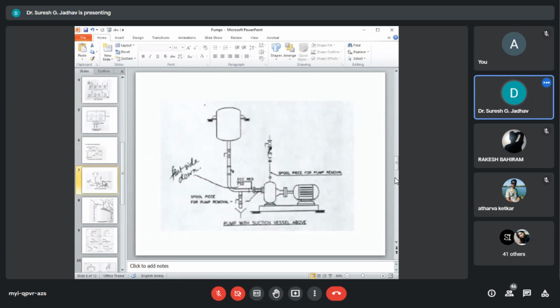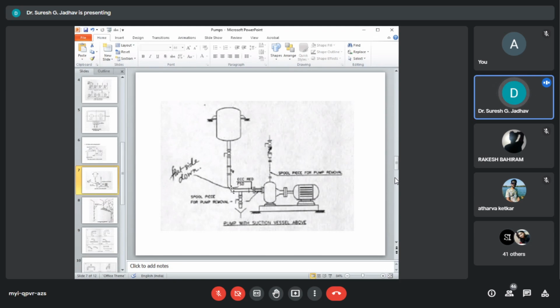So here you can see the lines with eccentric reducer face side down, pumps with suction vessel above. Saturated liquids, steam condensate, and vacuum conditions need elevated suction vessels. The horizontal run should be kept minimum in all suction pipes.